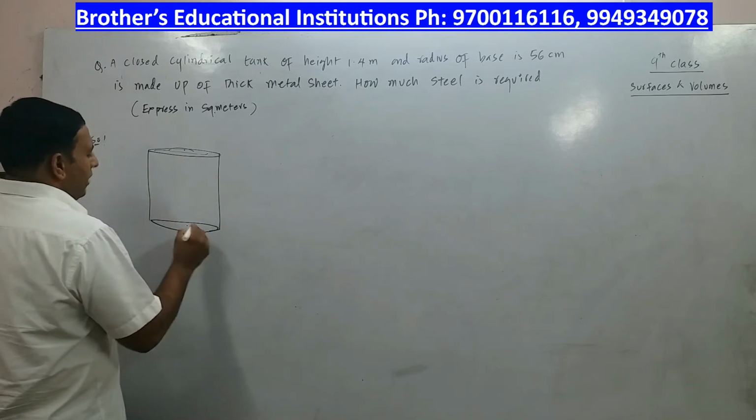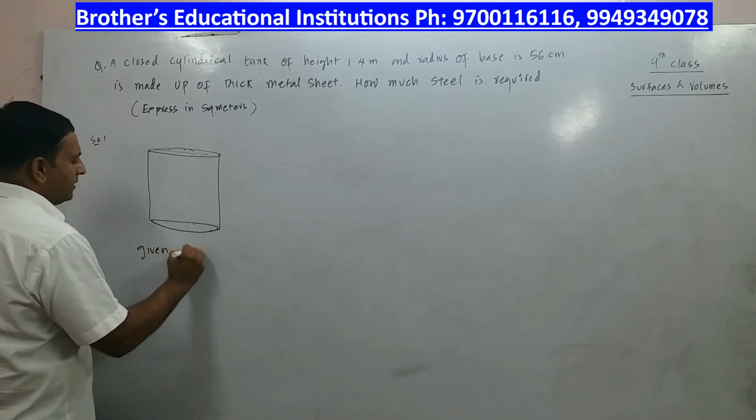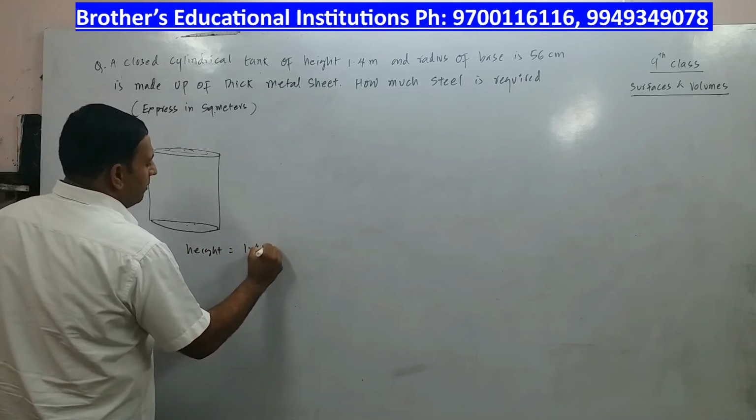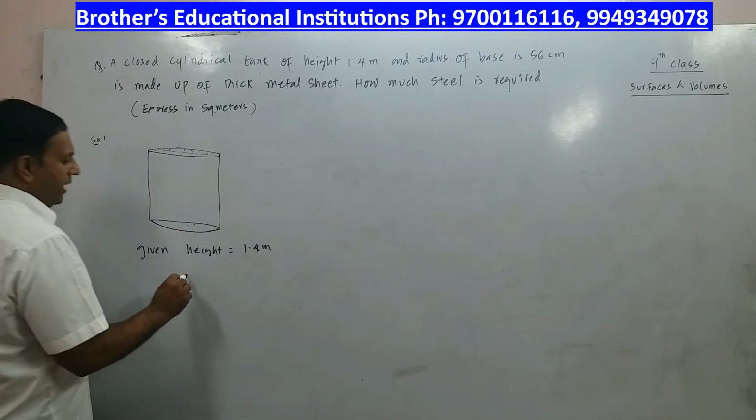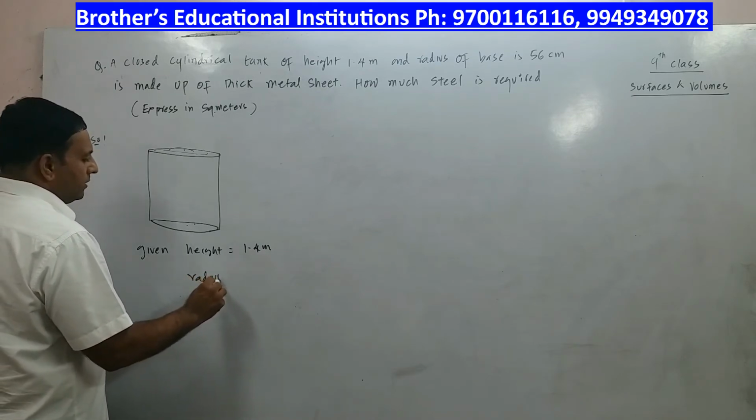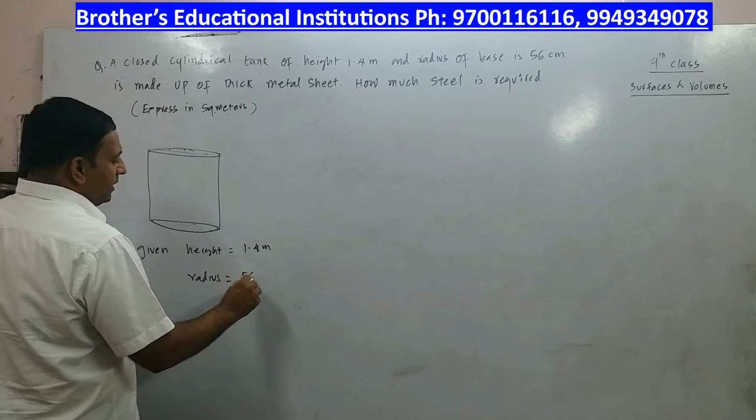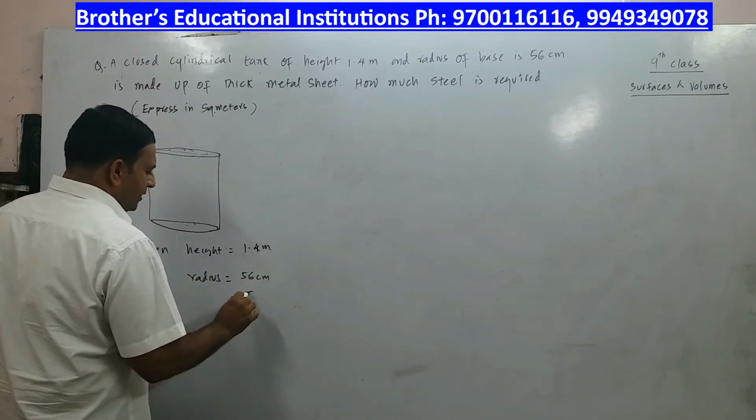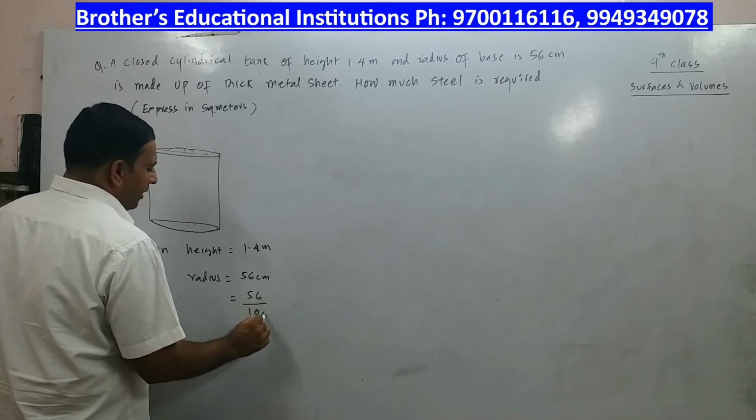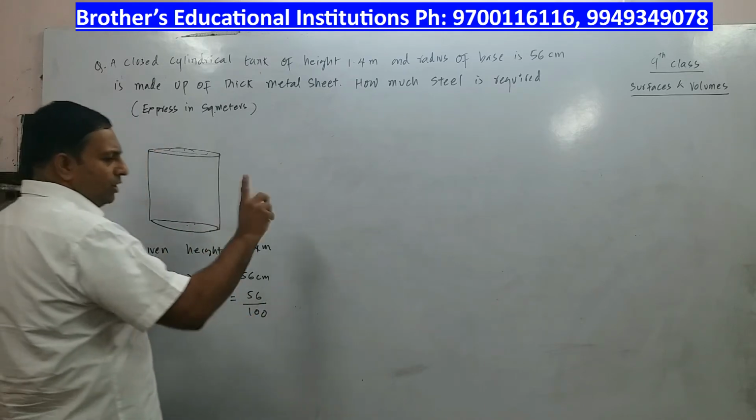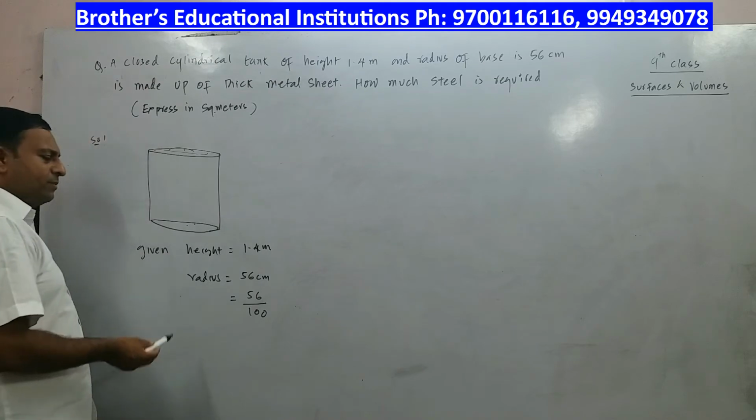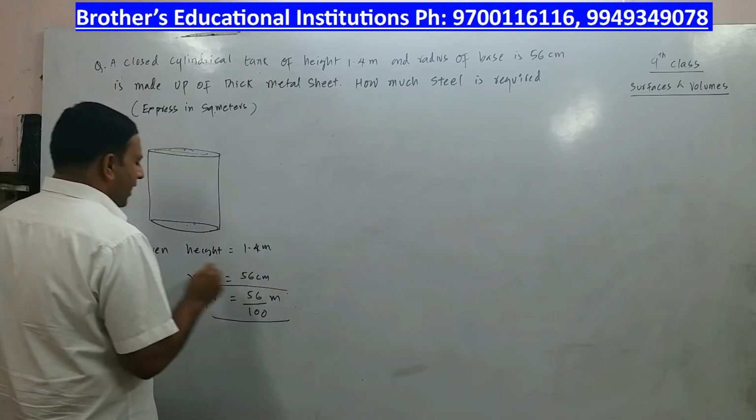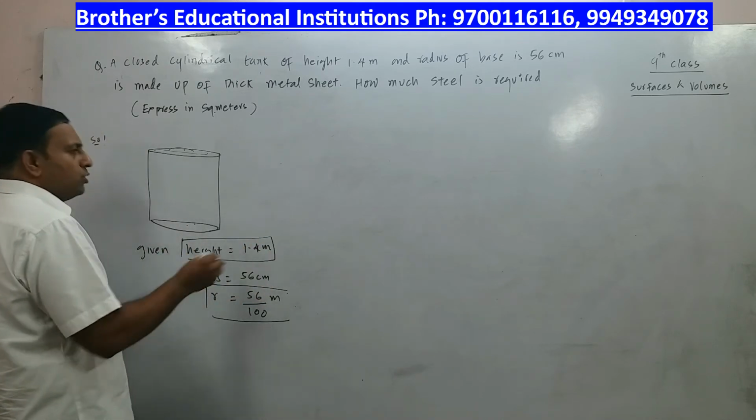Alright. So now what is given to you? Given height. What is height? Height is 1.4 meters. And then what is given to you? Radius. Radius is how much? 56 centimeters. Now express centimeters in meters. So 56 centimeters is nothing but 56 by 100, because 100 centimeters is equal to 1 meter. So I will write this as 56 by 100. That is your radius, so many meters. And then you have height equal to 1.4 meters. So we need to find